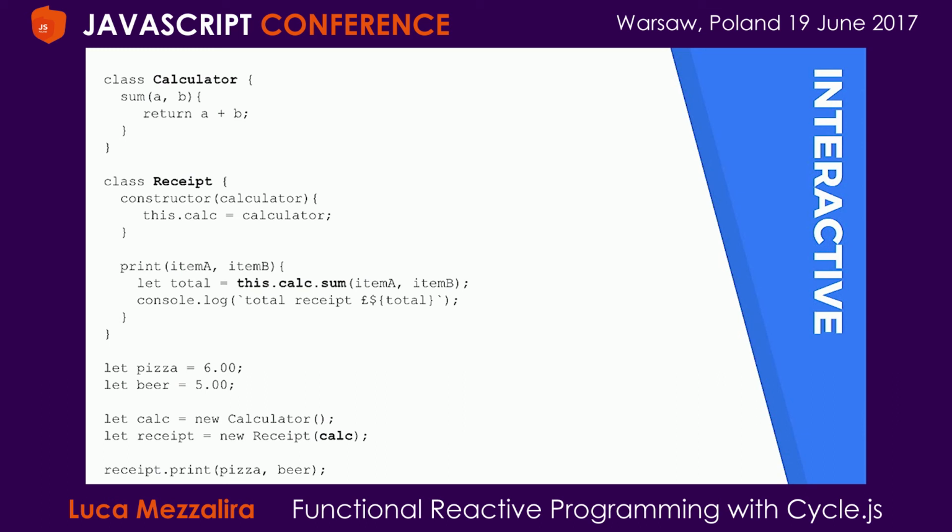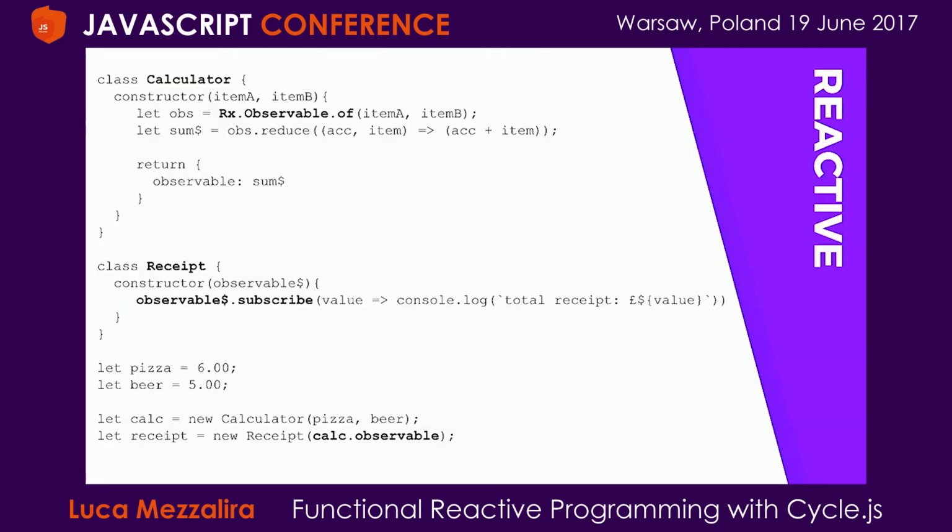That's the interactive approach. And this is what I saw most of the time in code like this from my developers. But let's see a reactive approach to that. What if we introduce something else? What if the calculator doesn't know anything about the receipt, and the receipt doesn't know anything about the calculator? What if, in this case, we don't directly use a calculator, but we use something that is a standard contract between the two objects? In this case, it's an observable. We will see in a moment what an observable is.